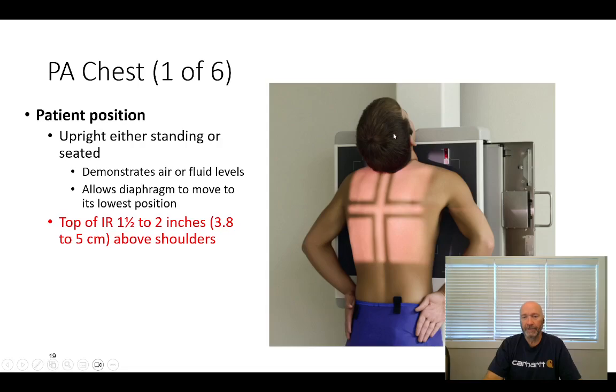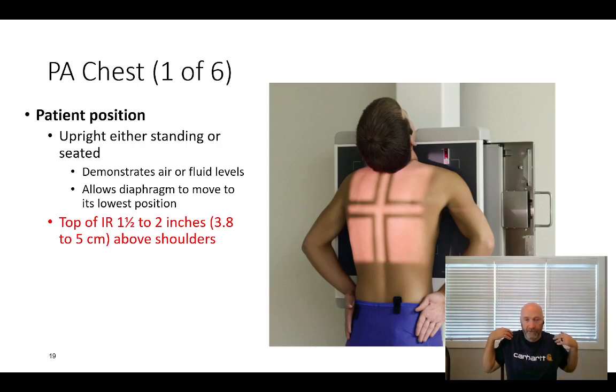So the position of the patient's head could cast an artifact, the base of the skull, over the apex of the lungs. You don't want to extend the patient's chin back that far. One thing that you might find helpful on full-size adults, this is not going to be really helpful on pediatric patients, but on full-size adults, is to put the top of the image receptor 1.5 to 2 inches above the relaxed shoulders. I say relaxed shoulders because some of your patients are going to walk around with their shoulders drawn